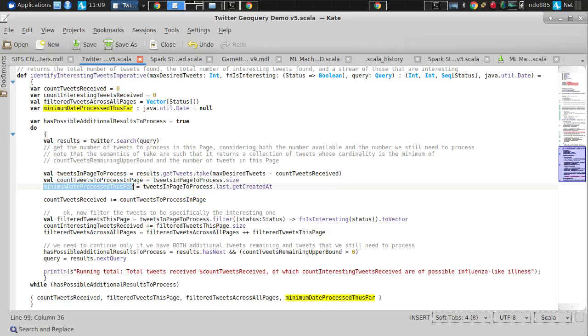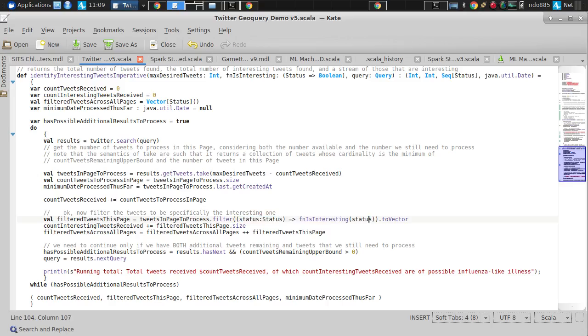We get the minimum date processed from this page. This is the set of tweets in our page, and we get the size to tell us how many in this page. We get the minimum date to get that. We increase the total we've received by this number, and then we filter those tweets to only give us, well,